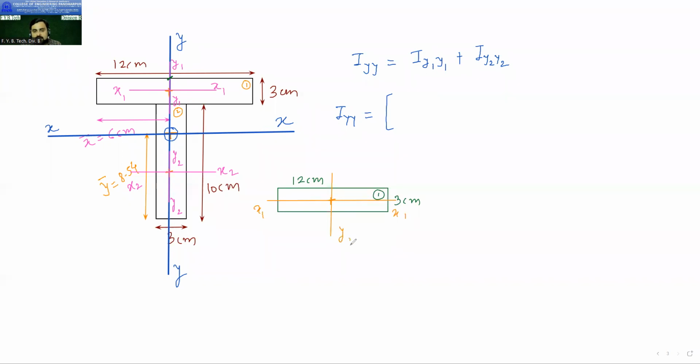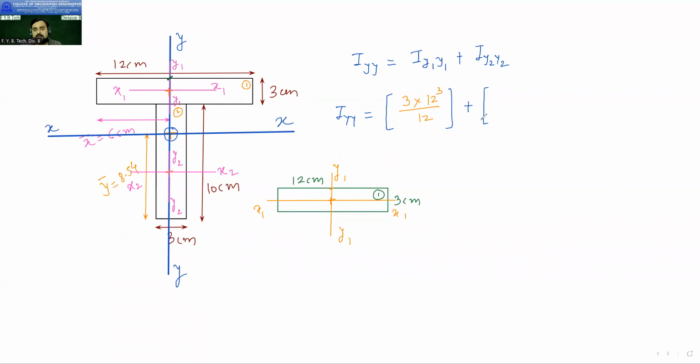Now tell me, which dimension is y1 cutting? 3 or 12? It is cutting 12. So whose cube should be taken? The cube of 12. So it will be 3 into 12 cube divided by 12. So this is my Iy1 plus here again